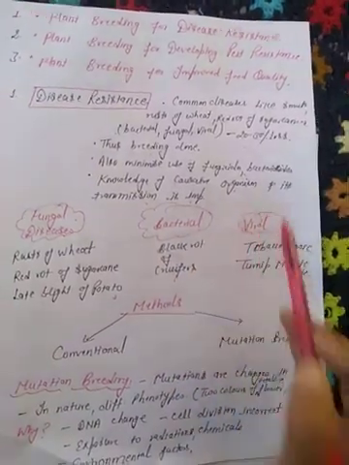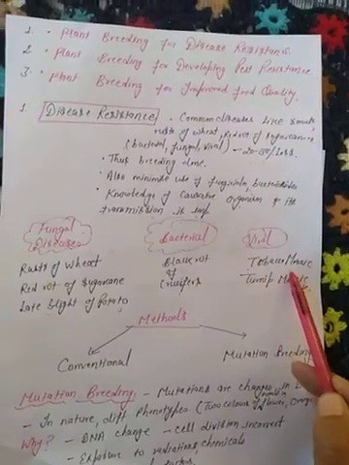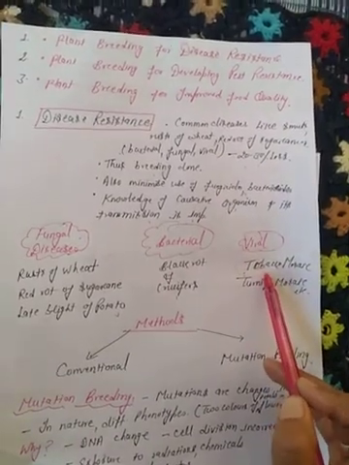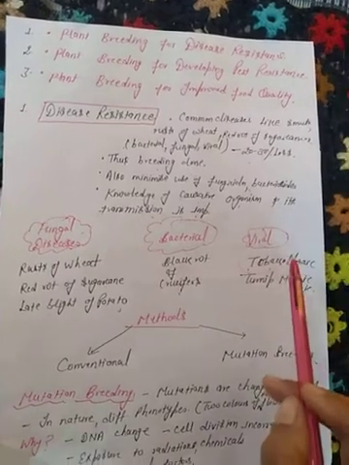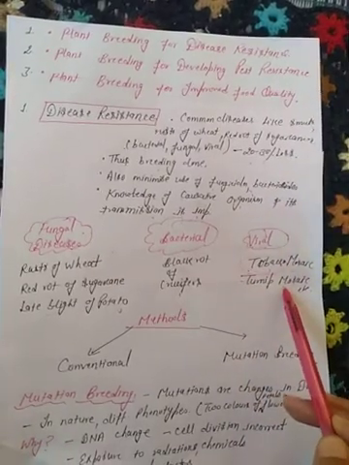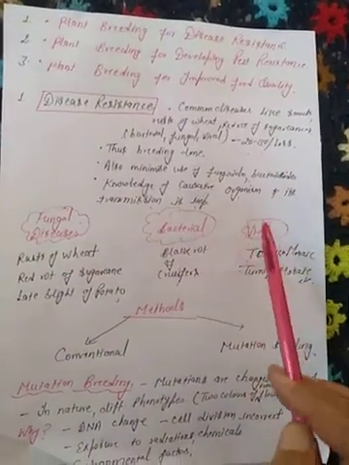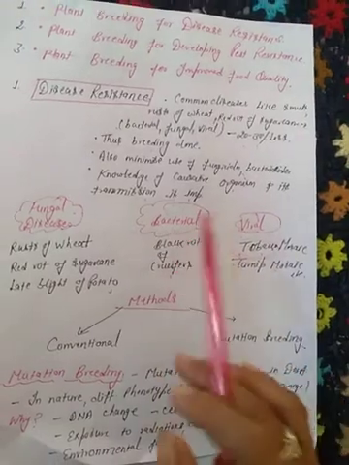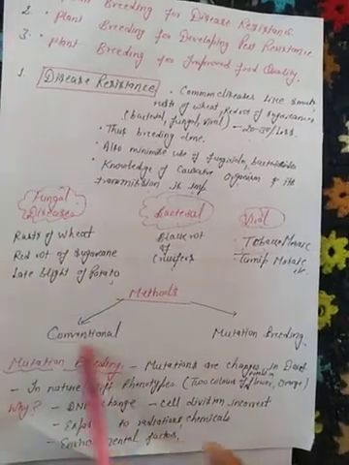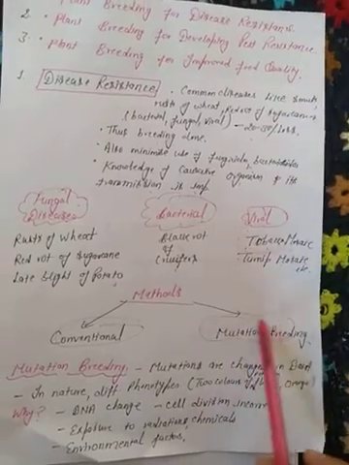In viral, commonly you all know tobacco mosaic virus is responsible for loss of tobacco yield, tobacco crop. Right, tobacco mosaic virus is responsible for the loss of the tobacco crops. Turnip mosaic, all these are the common diseases, fungal, bacterial and viral, which are responsible for the less yield of the crops. Methods I have discussed with you: conventional method, selection, hybridization, selfing. Then new one here is the mutation, this mutation breeding.